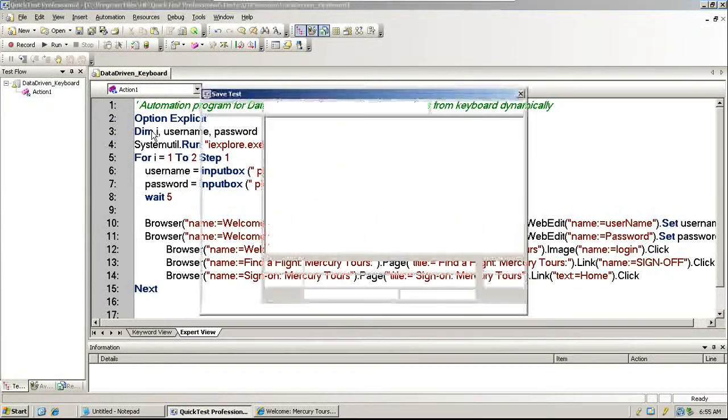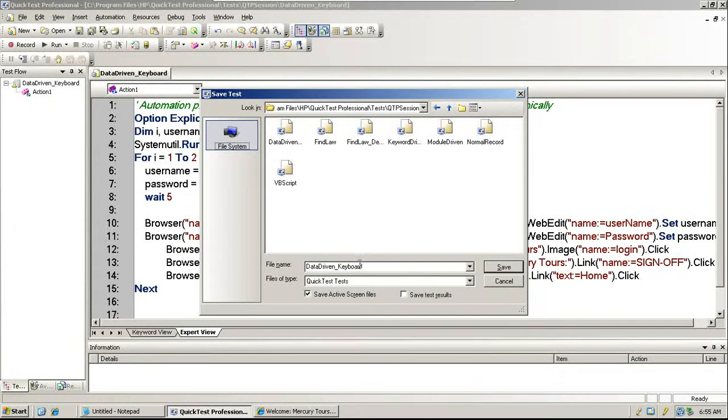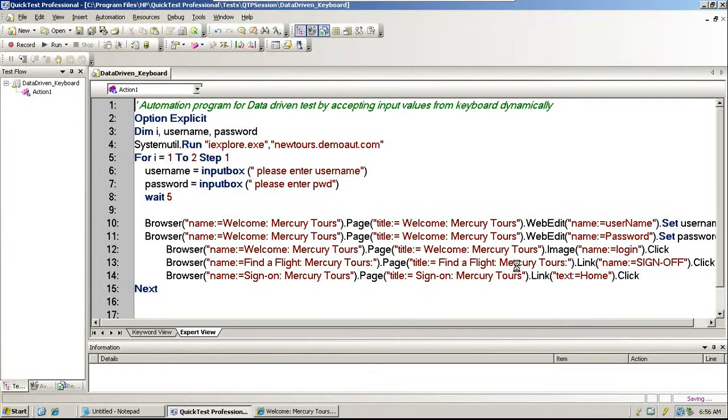It's more sophisticated, flat file. So instead of keyboard, what should I call it? Read from a flat file, right? So I'm calling it data driven using a flat file. That's what it means. Okay, so I am saving it as a different file, but I'll change the mechanism.